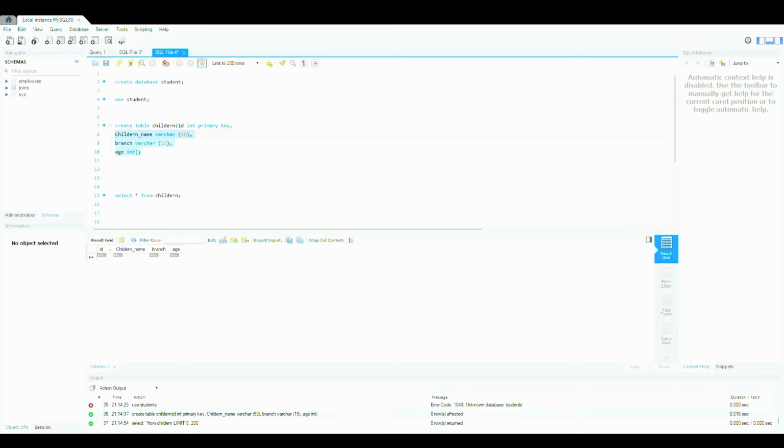the table. To create the table, we have created the database, and in the database we created, and we write like use this database to create this table. And now the database name is student, and now we are using the student. In student we are having the table named as children, and in children we have ID, children name, branch, and age. So in order to insert